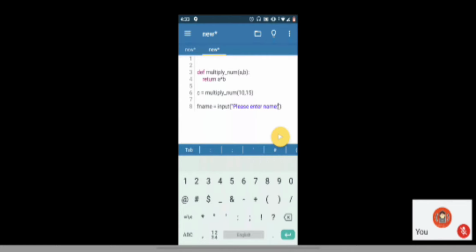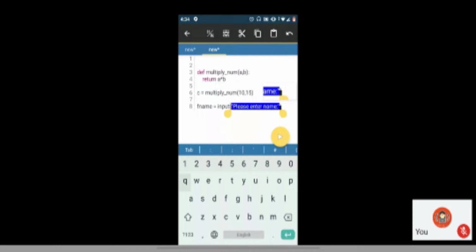Right. So here in this case, you can see clearly that input is a function because here we are using parenthesis while calling input. So it means input is a function. Whenever we use parenthesis while calling anything, that anything is a function. In this case, input is followed by the parenthesis, right? Which means input is a function. So here you can see whatever is returned from this input function is saved in fname.